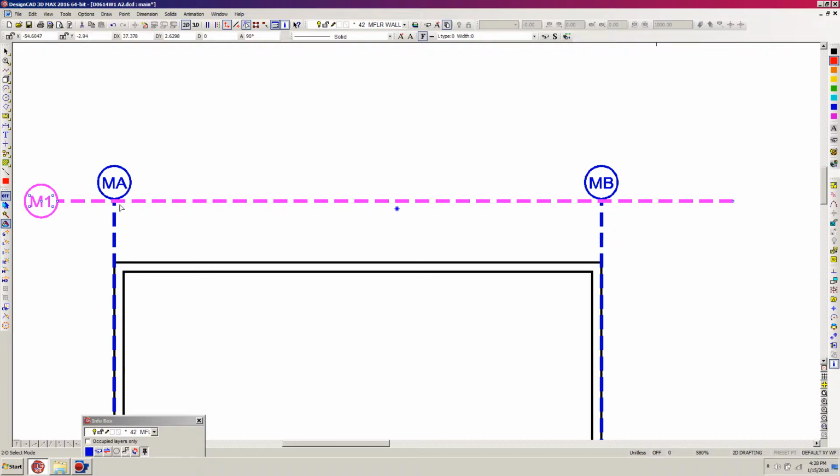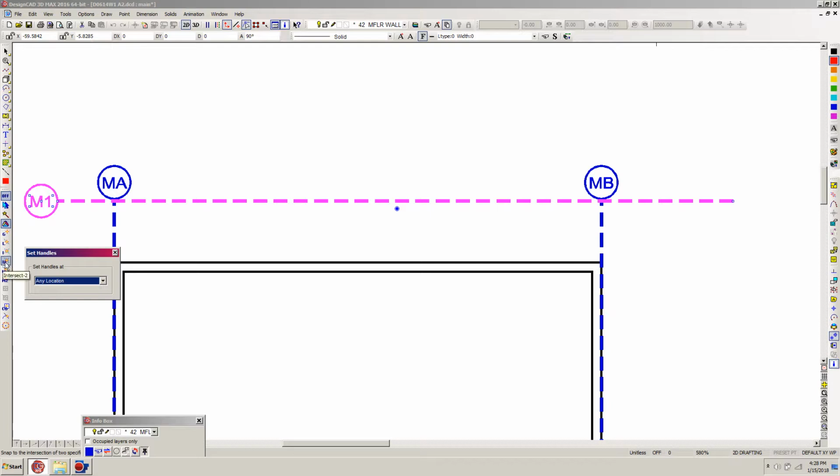and then I can set a handle right at this junction of these two dashed lines now, because it aligns with this corner. So I'm going to go to set selection handle and scooting this out of the way, and over here you'll see where it says intersect 2. It has an I and a 2. I'm just going to click on that. And if I click on these two lines, you can see it's hard to see, but it's wanting to put a handle right there. So I click on this one and this one,